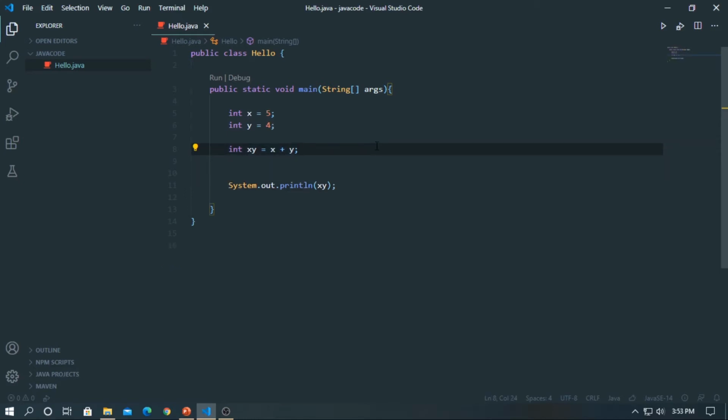Here I have created 3 variables x, y and xy to show you the example of arithmetic operators one by one properly, so that you can understand clearly how each operator works in mathematical operations.